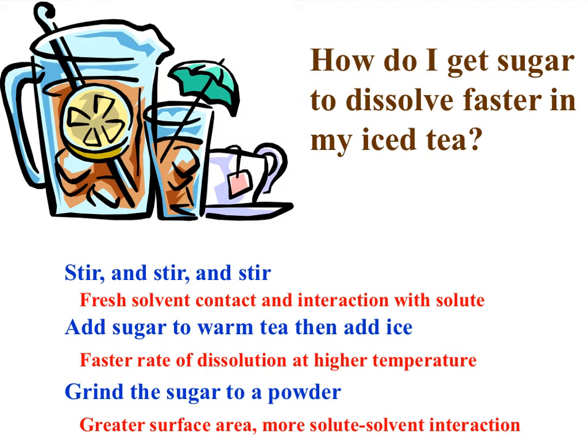So how do I get sugar to dissolve faster in my iced tea? There are 3 things that we talked about when we're talking about how fast things dissolve in water. We said there's stirring. This gets the fresh water attracted to and bonding and interacting with the solid. And so we want fresh solvent that's not interacting with any solid to come into contact with this material. And in the previous example, I said, if you had a cube,